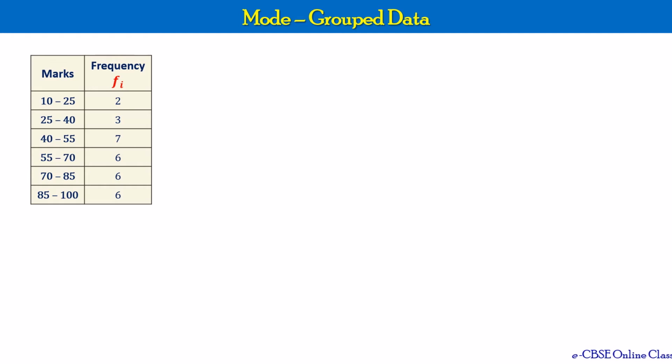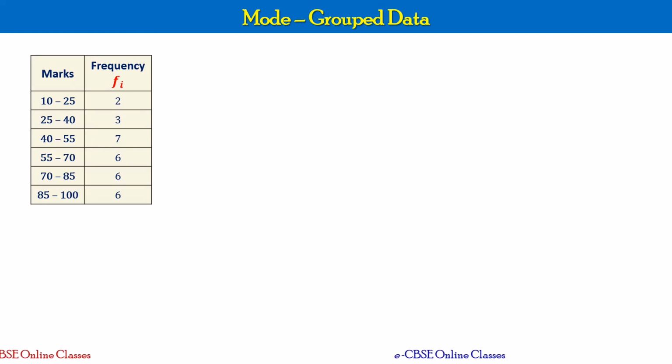I'm taking a frequency distribution table which is obtained using marks obtained by 30 students out of 100 marks. If you don't know how to calculate a group frequency distribution table, you can go back and refer to some of our previous videos in this module. So here I have a grouped frequency distribution table. There are 6 different classes. Each class is of size 15: 10 to 25, 25 to 40 and so on up to 85 to 100.